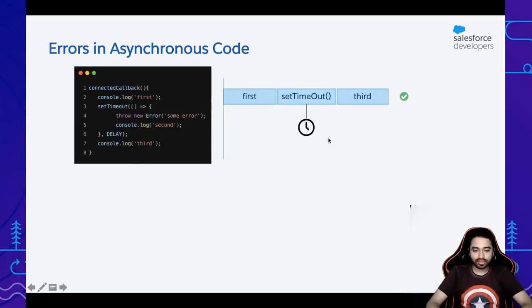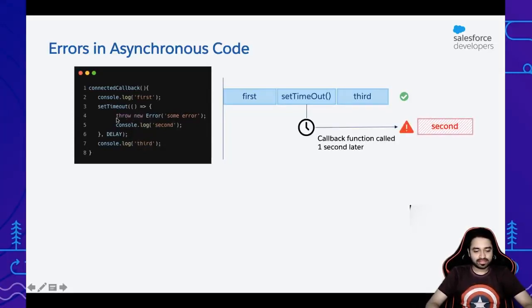the third console log gets printed, and your transaction is successful. Now, after a second, or after so-and-so delay, the transaction inside this block is going to start. That means this callback method is going to get executed in a different transaction and it's going to throw an error.